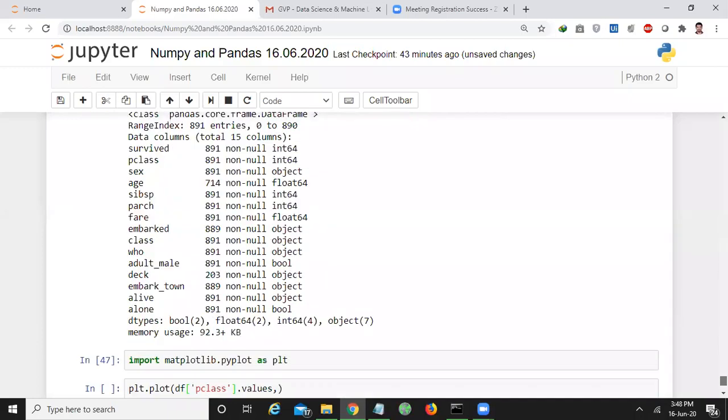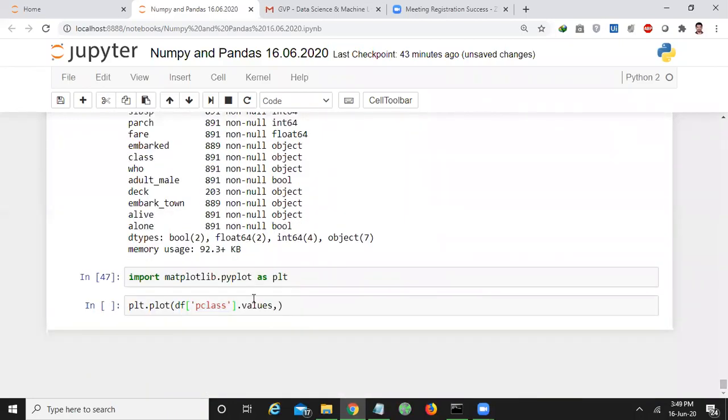But for graphs, or if you want to do some visual study, the values that you should pass are arrays. So for that I'll use df of P class dot values. Here I want to plot some graph between the values of passenger class and survived.